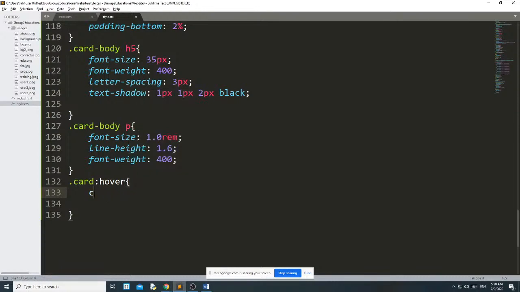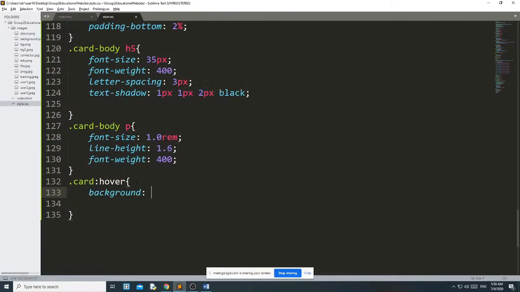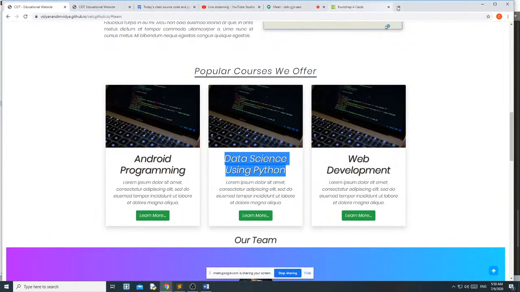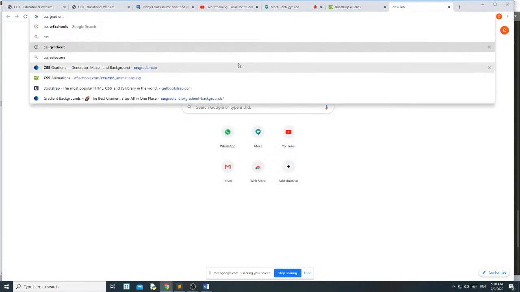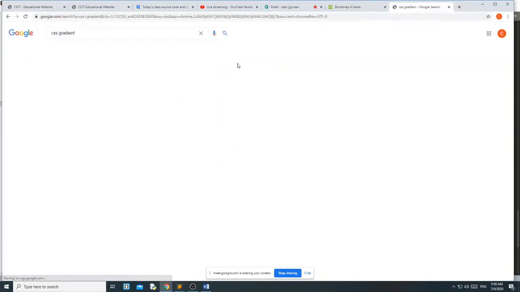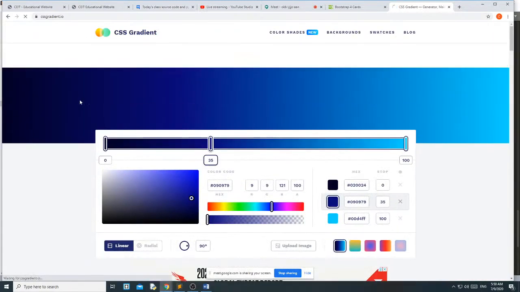Let me first not write this. I simply change the background, linear gradient. Okay. I use some linear gradient from here, CSS gradient backgrounds.